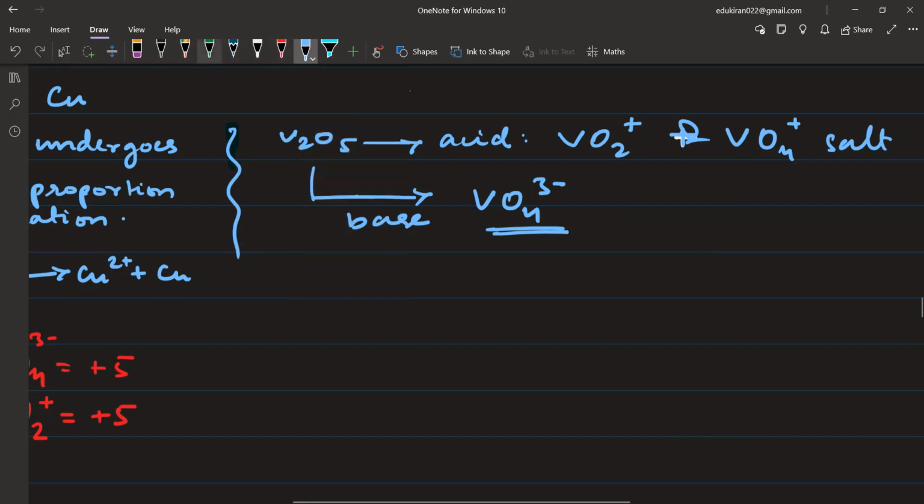इसको नहीं लिखिए यार, ये टाइपो है, ठीक है, क्योंकि यहाँ पे वैनेडियम की जो ऑक्सीडेशन स्टेट है, that is going to be +9, करेक्ट है ना। यहाँ पे 5 है, 4 दूनी 8 और 1 9, तो 9 तो हो नहीं सकता है। ऑक्सीडेशन स्टेट आपका +9 नहीं हो सकता वैनेडियम का। जो मैक्सिमम ऑक्सीडेशन स्टेट होता है, वो मैंगनीज का होता है, that is also +7, तो वैनेडियम का हो ही नहीं सकता है, ठीक है। तो ये वो टाइपो है वहां पे। एसिड के साथ रिएक्ट किया तो VO2 पॉजिटिव, बेस के साथ रिएक्ट किया तो VO4 3 नेगेटिव।